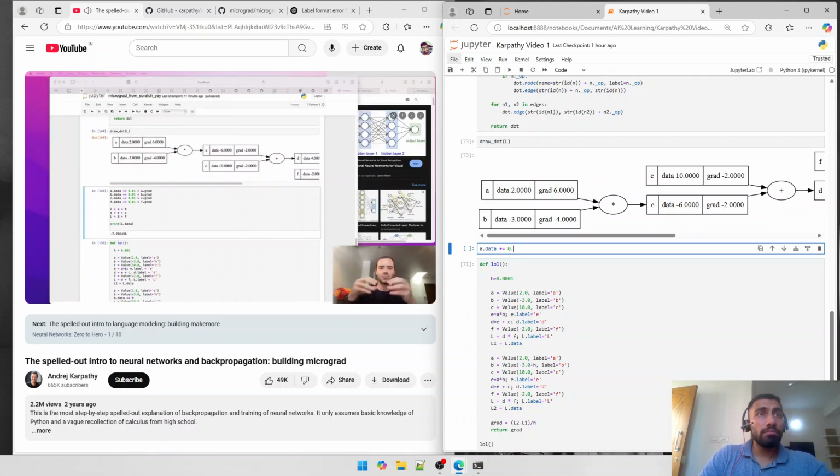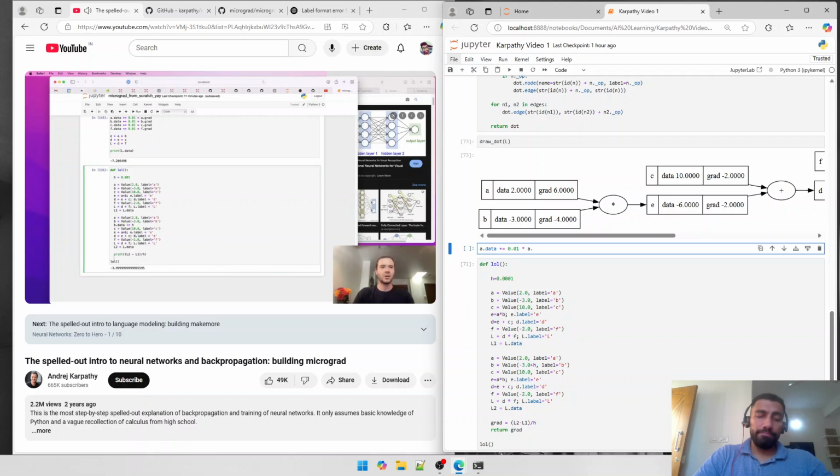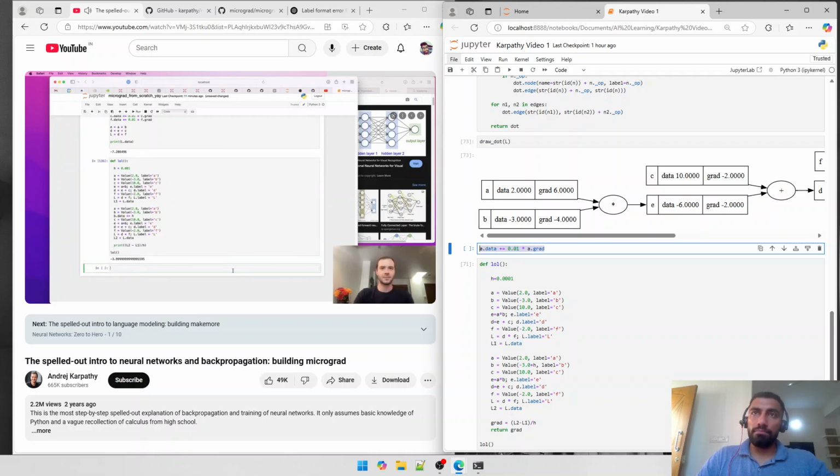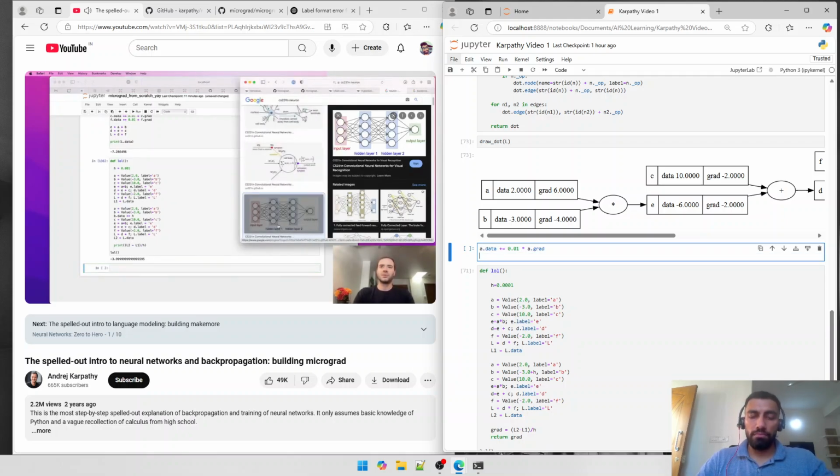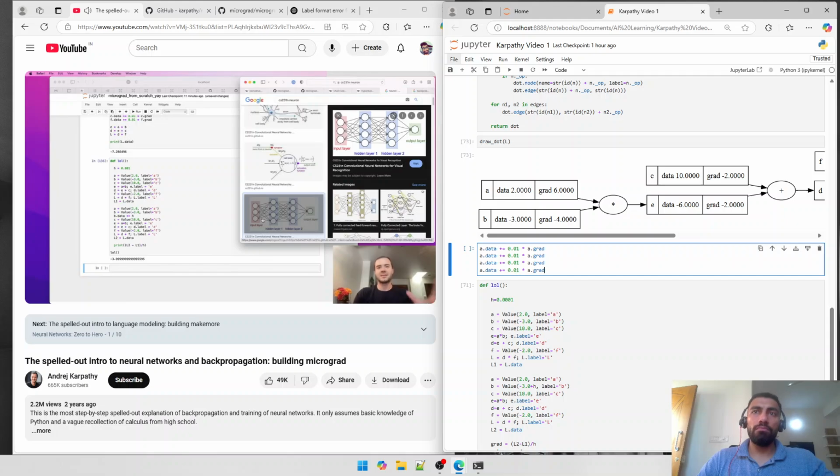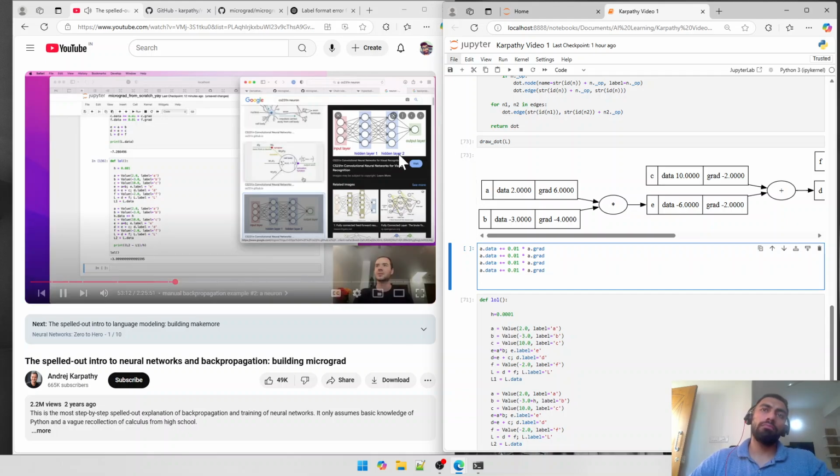So now I would like to do one more example of manual backpropagation using a bit more complex and useful example. We are going to backpropagate through a neuron. So we want to eventually build out neural networks. And in the simplest case, these are multilayer perceptrons, as they're called. So this is a two